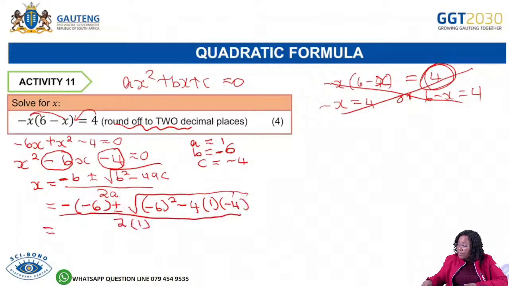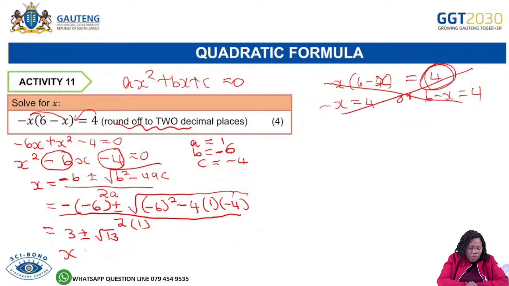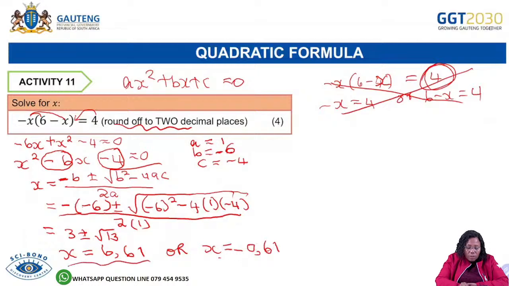And then after substituting there, you can simplify this into your calculator. It will give you a simple surd form. That will be 3 plus minus the square root of 13. And then you press in your SD button to change this into decimal notation. This will give us 6,61 rounded off correctly, or x will be equal to a minus 0,61. Okay, grade 12, with this one, before we allocate marks, we will check whether have you followed the instruction